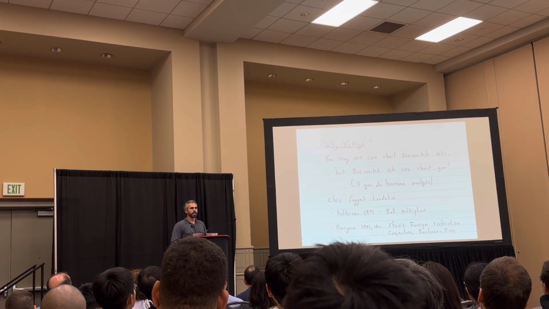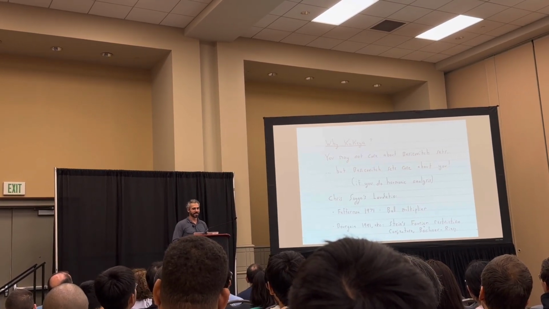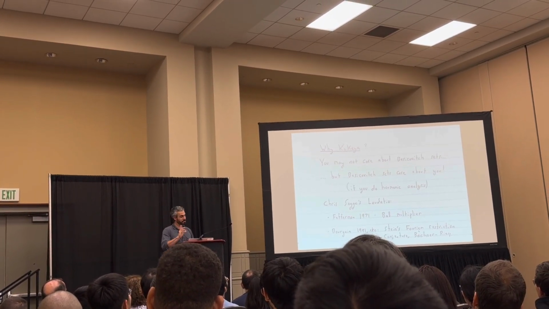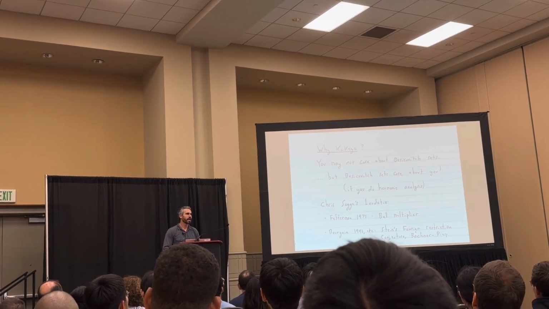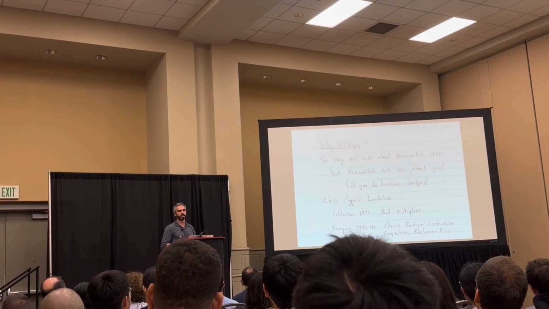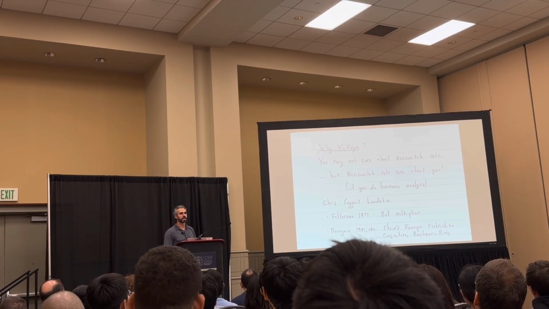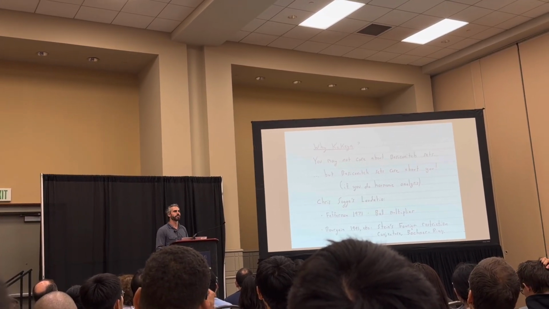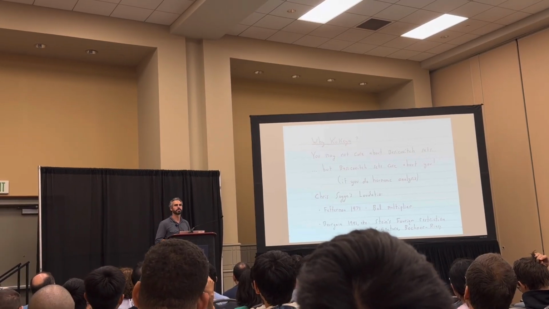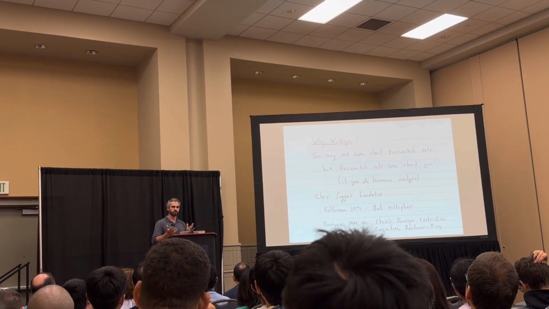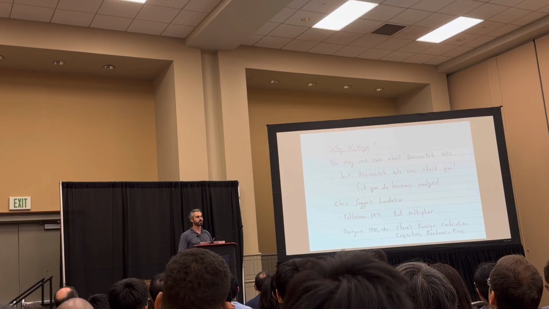So you could ask, why is this a question you might care about? And what I said is, well, you might not care about Besicovitch sets, but they do care about you, at least if you're a harmonic analyst. And so when I was first learning, I guess first year analysis, I learned about the Cantor set, and this seemed like a very surprising object, that there were many intuitive statements that were false, and the counterexample was a Cantor set, and that kind of revealed a certain richness in questions that otherwise seemed straightforward.